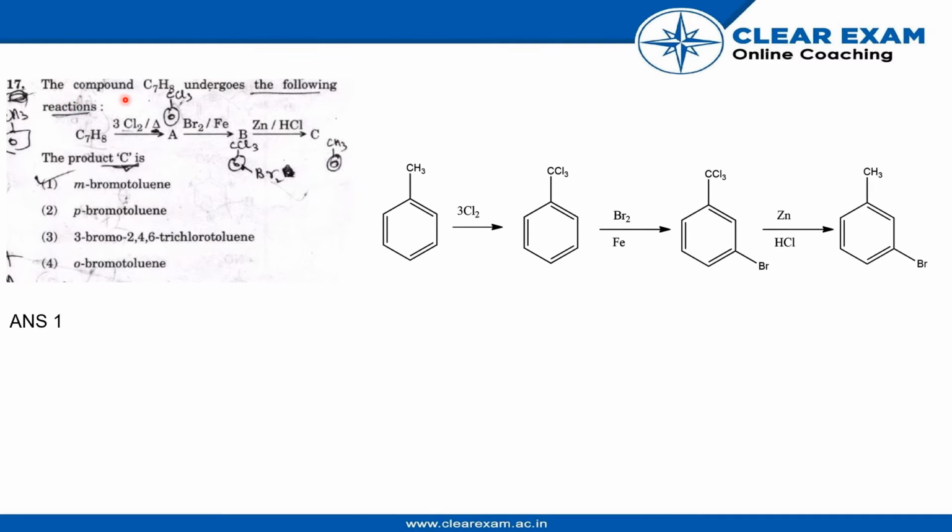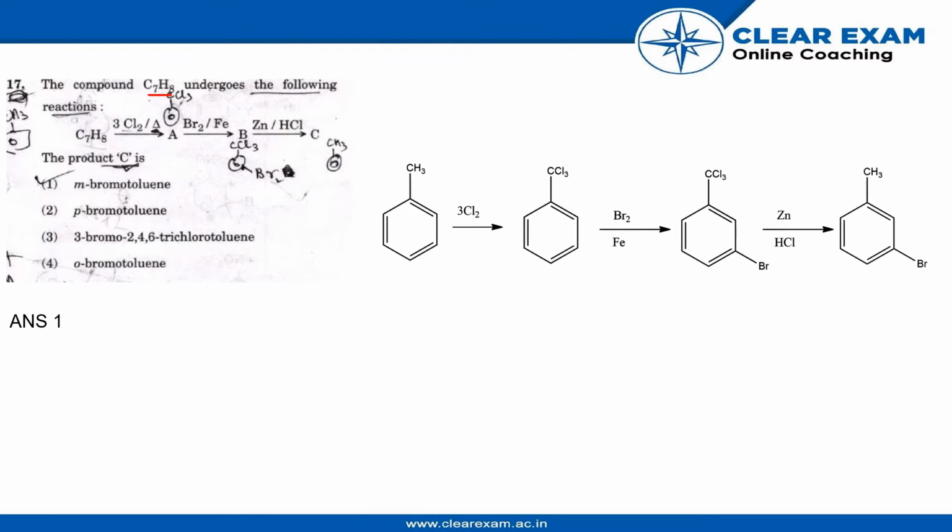The question is: the compound C7H8 undergoes the following reactions. So we have to calculate the product C, which is the formula at the end. First, this is the empirical formula given, C7H8, and we don't know what compound it will make. So we will first calculate, in this type of question,